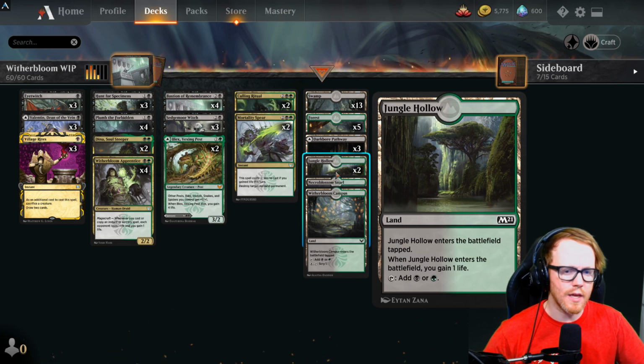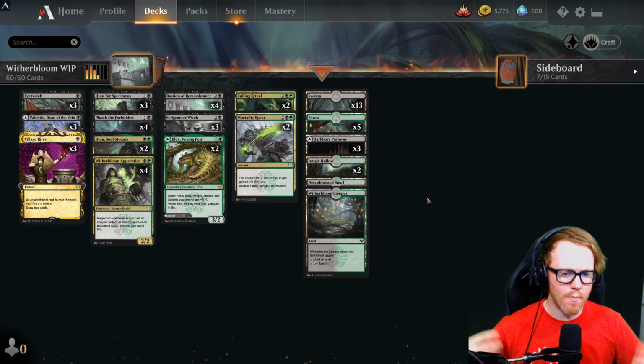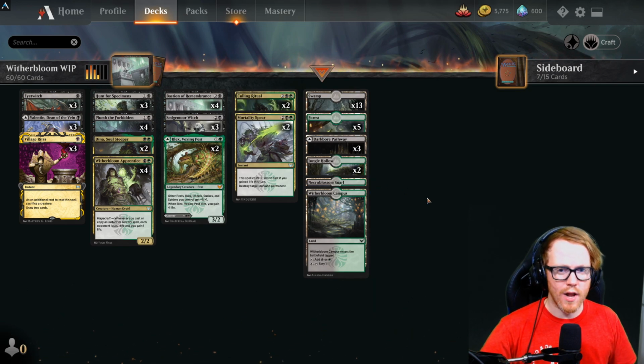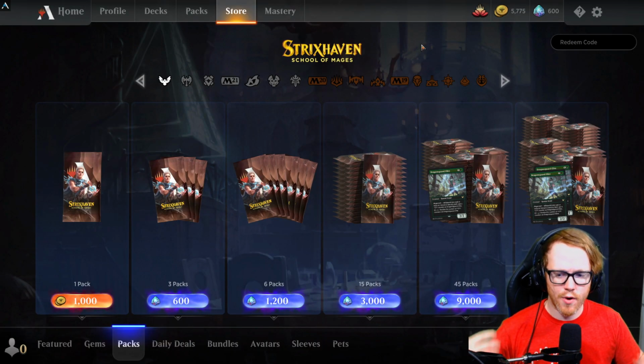So if you're looking to build this black-green deck, maybe you need more pathways, maybe you need more snarls, as these lands are going to be fine for rotation. We're not going to have to worry about them rotating out, so they're not going to have to be replaced. And like I said before, kind of talking about things that are rotating out, if you're someone who goes ahead